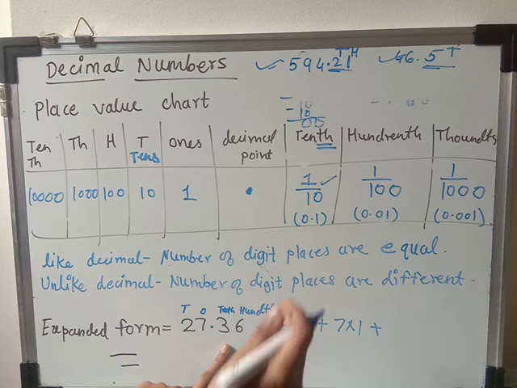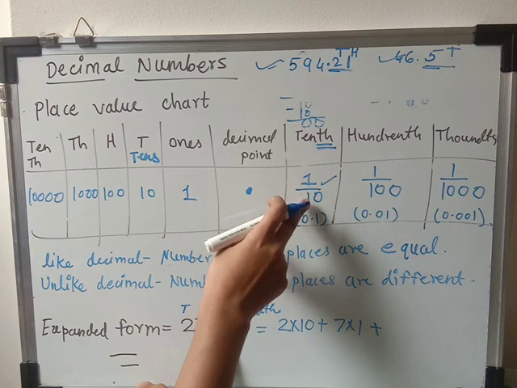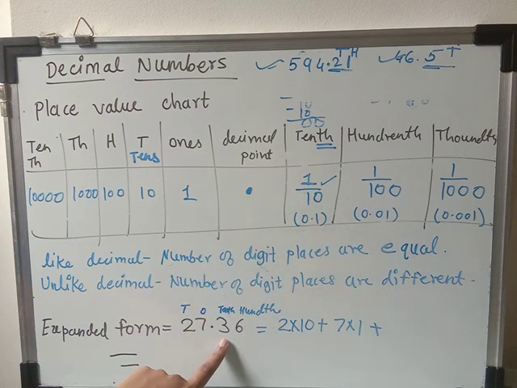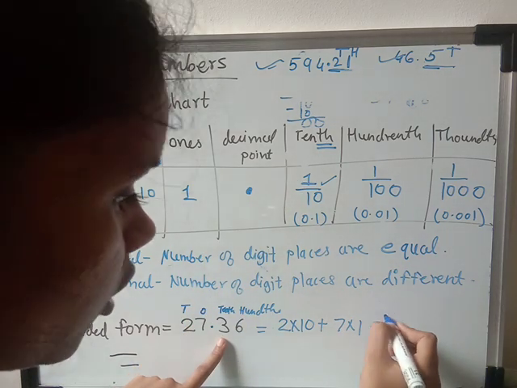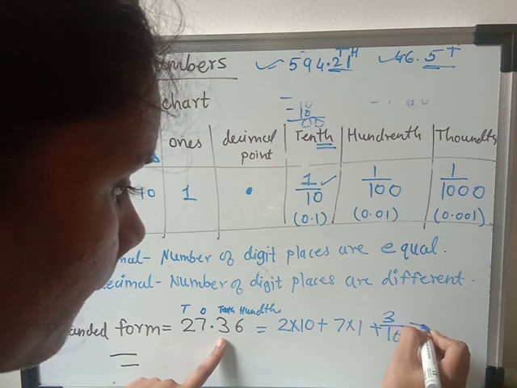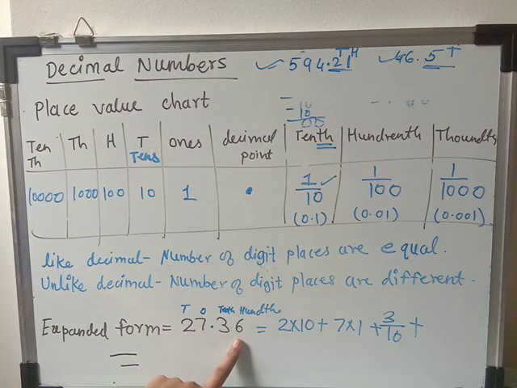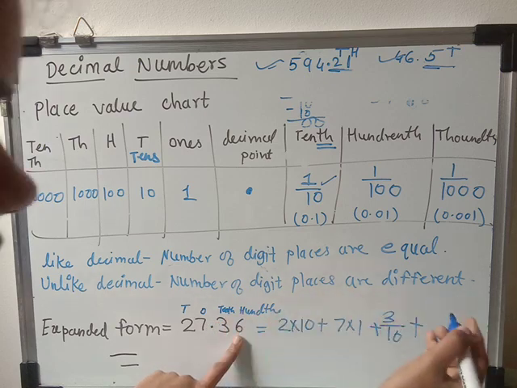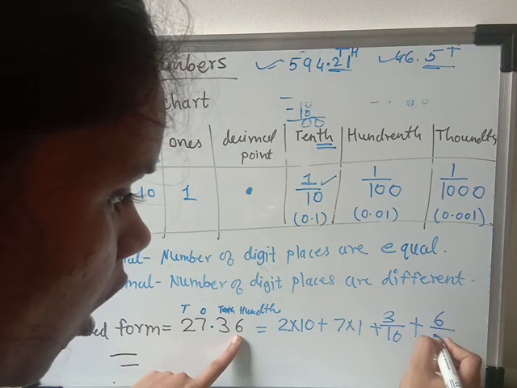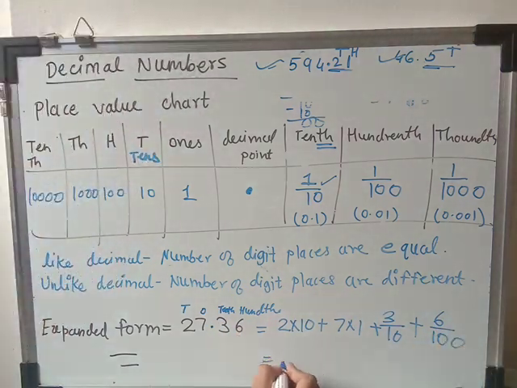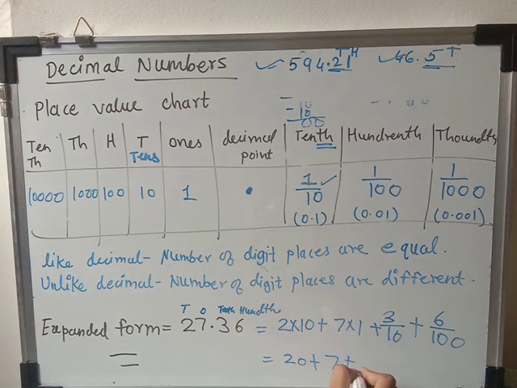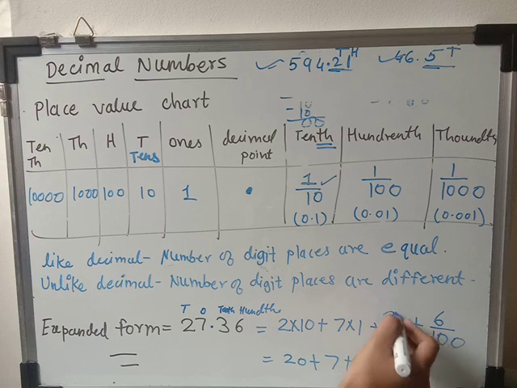1 upon 10. Okay, so ये हो गया 1 का 10 का 1 पार्ट, पर यहाँ पे 10 का 1 पार्ट नहीं है, यहाँ पे 3 पार्ट है, सो 3 अपॉन 10 प्लस 100 के प्लेस पे क्या है 6. ओके, सो यहाँ पे हुआ 100 का 6 पार्ट. ओके, सो यू हैव टू राइट 6 अपॉन 100. ओके, सो जस्ट 2 10 जा 20 प्लस 7 1 जा 7 प्लस, अभी इसको आप डिवाइड करोगे तो भी